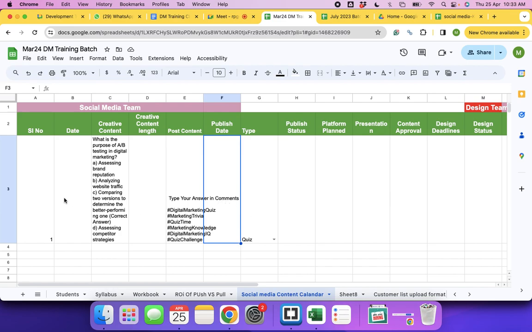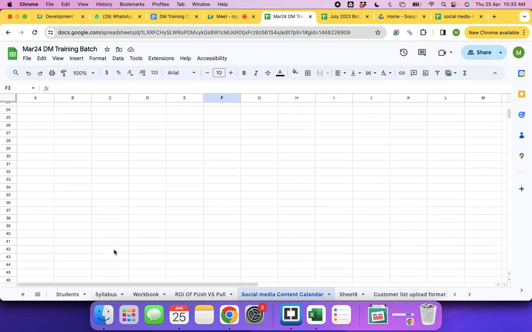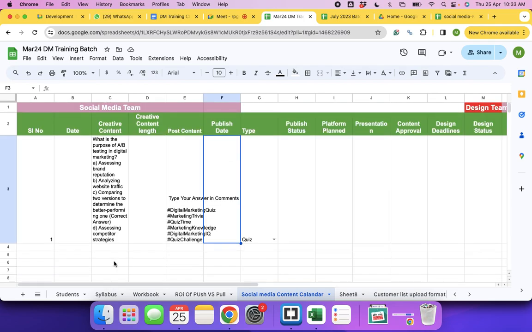So now you are planning the publish date as well, when this has to get published. I haven't copied the complete data of any client. Okay, so here it's just for one particular day. This is how it will be planned. Here they haven't planned it with regard to any festival and all. They have just planned some post content. Okay, so they have decided.